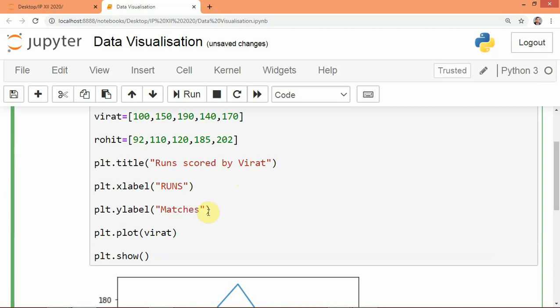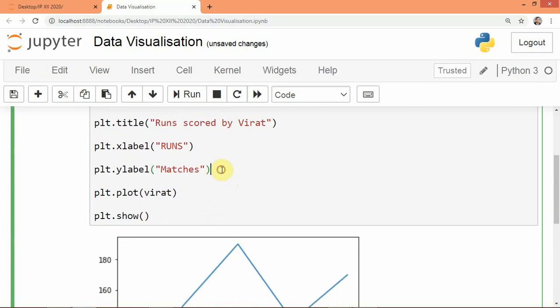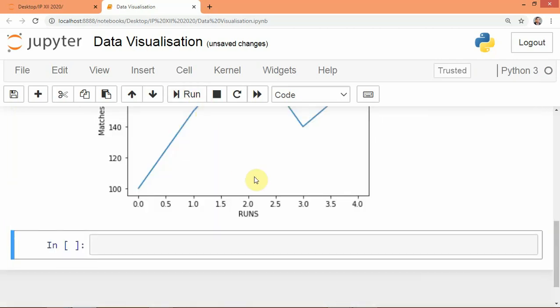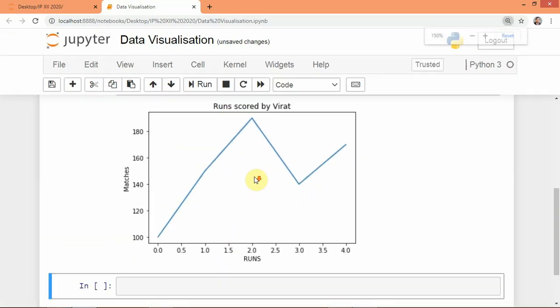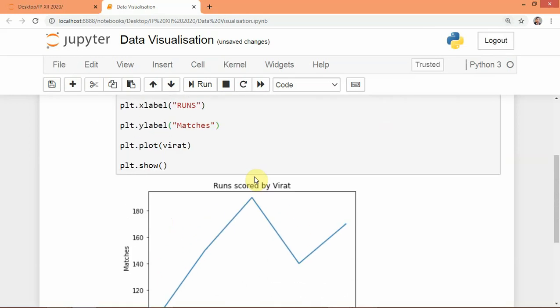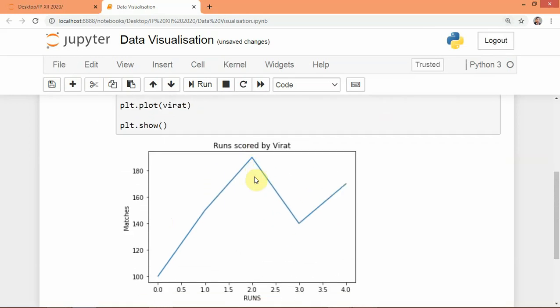That's all, and run it. You can see here this graph is having one title and a label of the y axis and a label of the x axis.